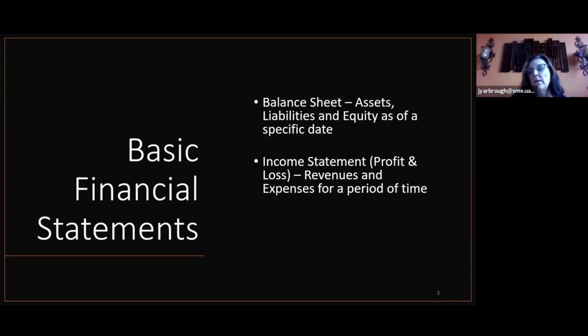And those are just some small nuances that are actually really important, because as of a specific date has a much different meaning to you than what maybe happened over a period of time. Particularly because when we're talking about the balance sheet, we're talking about what is our cash position, where are we with our accounts receivable. So things that are impactful to the business on any given day, versus what we might be generating in revenue and expense over a certain period.